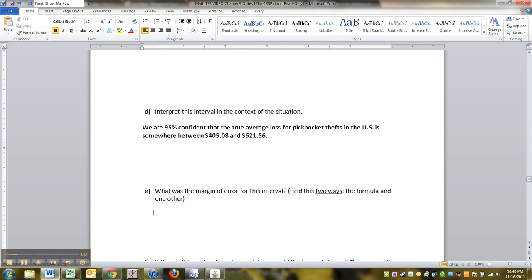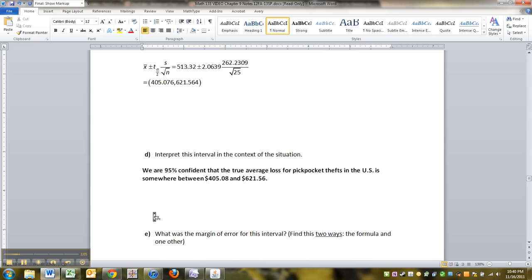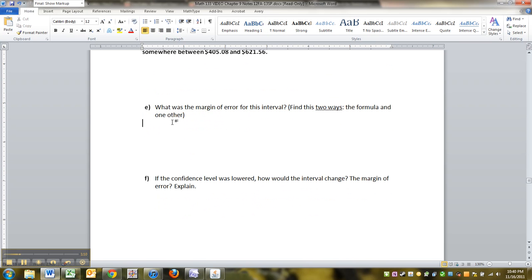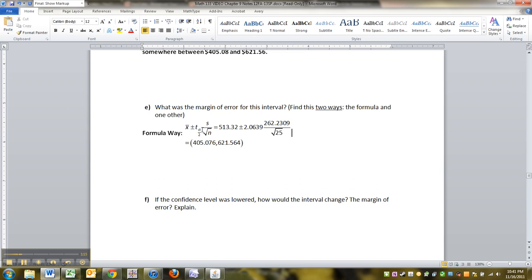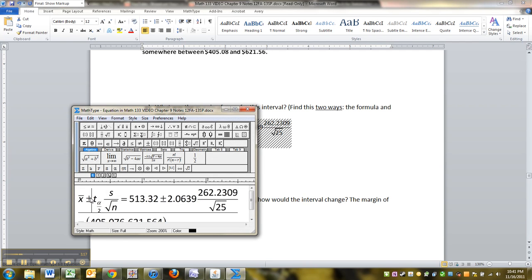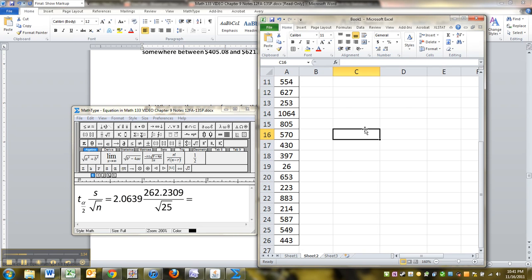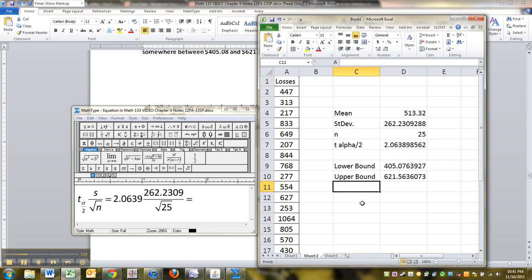All right, so what was the margin of error for this interval? Let's find it two ways. Let me remind you that we can use the formula that we've already done. So let me show the formula way, which is the harder way, of course. That's t alpha over 2 times s over the square root of n, which is this 2.06 times 2.62. Now the question is, what is it? Well, that's a little bit harder to manage, but remember that we used Excel to find those lower and upper bounds. So to get the margin of error,